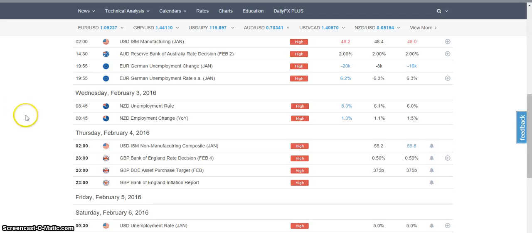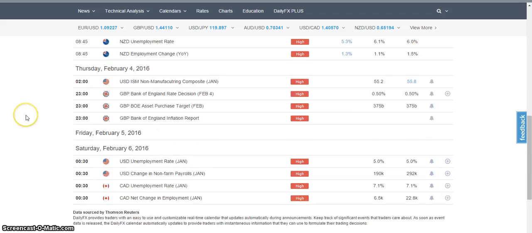Coming up later on tomorrow, on Thursday, February the 4th, at roughly 11 o'clock at night, Australian Eastern States time, we're going to have some England interest rate decision come out. They're looking at leaving rates unchanged at 0.5%. So if rates remain unchanged at 0.5%, then we're likely to see the English pound probably strengthen a little bit,